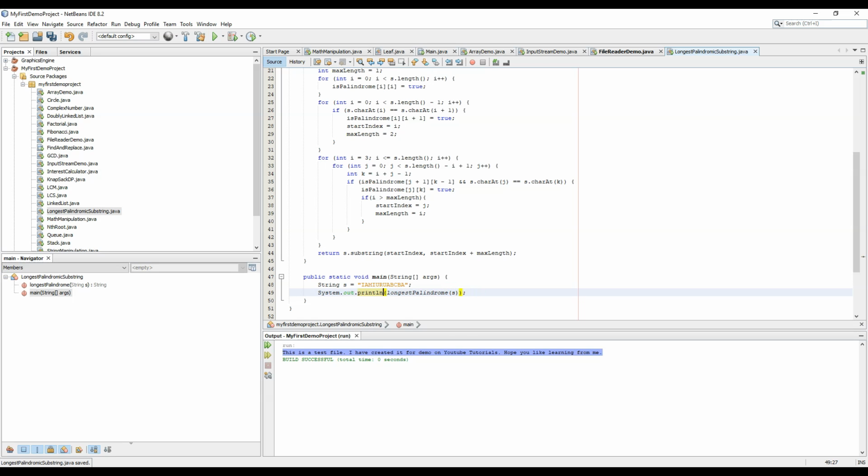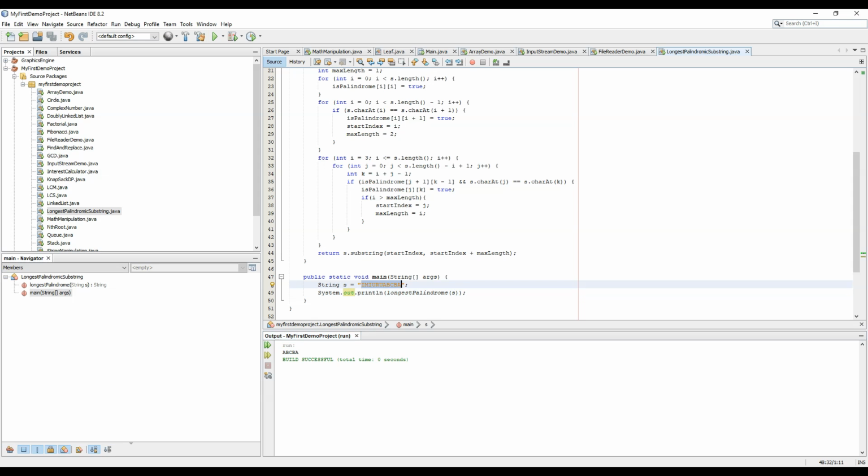And now we need to run the code to check the longest palindrome in this palindromic substring in this string. So you can see that there are 3 palindromes, I am I, you are you, and ABCBA. The longest palindrome is ABCBA, and that's been printed over here. So we are able to find the longest palindrome. Let's try with some more examples which are better than this one.